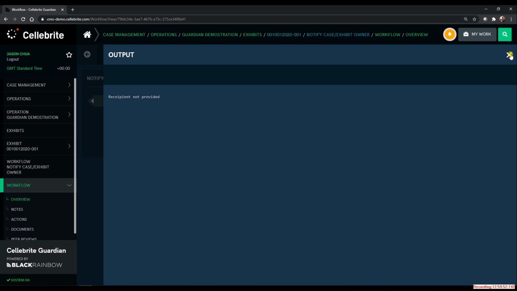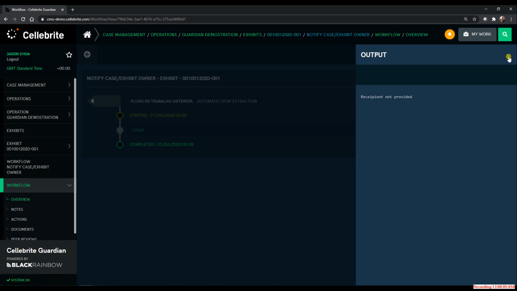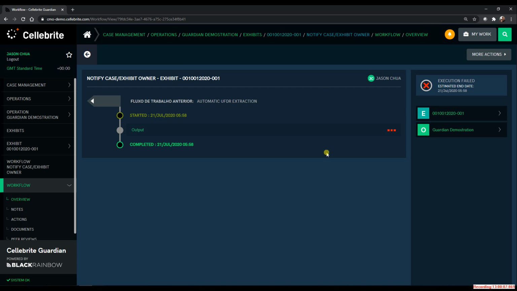If I key in a recipient, for example, joe.percy@cellebrite.com, then it will send out an email notifying Joe that this UFDR conversion process is successful and it's ready for review. At this point, Cellebrite Guardian has already done all of the automation process,